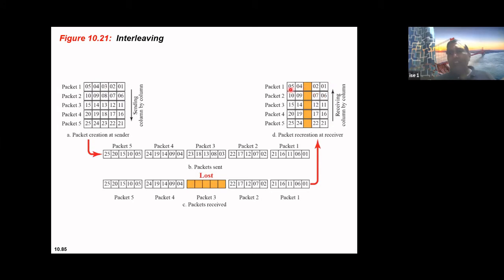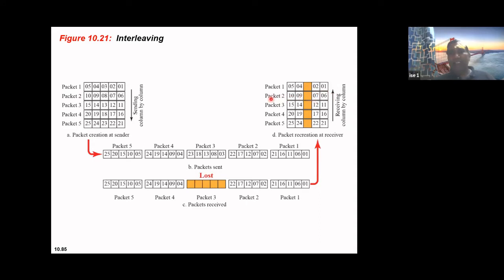So now what happens? I can recover this particular bit. Simply how I'll be recovering: here it is 15 minus 12. 15 minus 12, so I'll be getting this as 3. So I can recover. Similarly, the second column, third column.